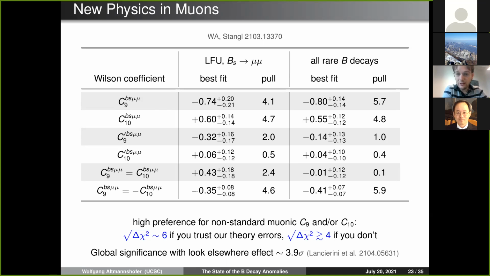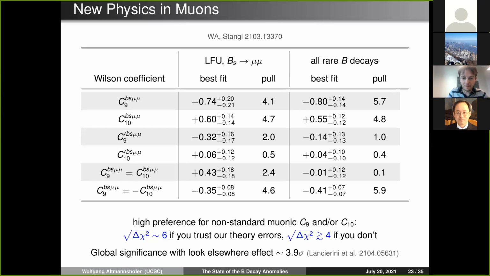That is true. Yes, it does not contribute much to B_s to mu mu compared to B_s to mu mu. That is right. What happens if you,